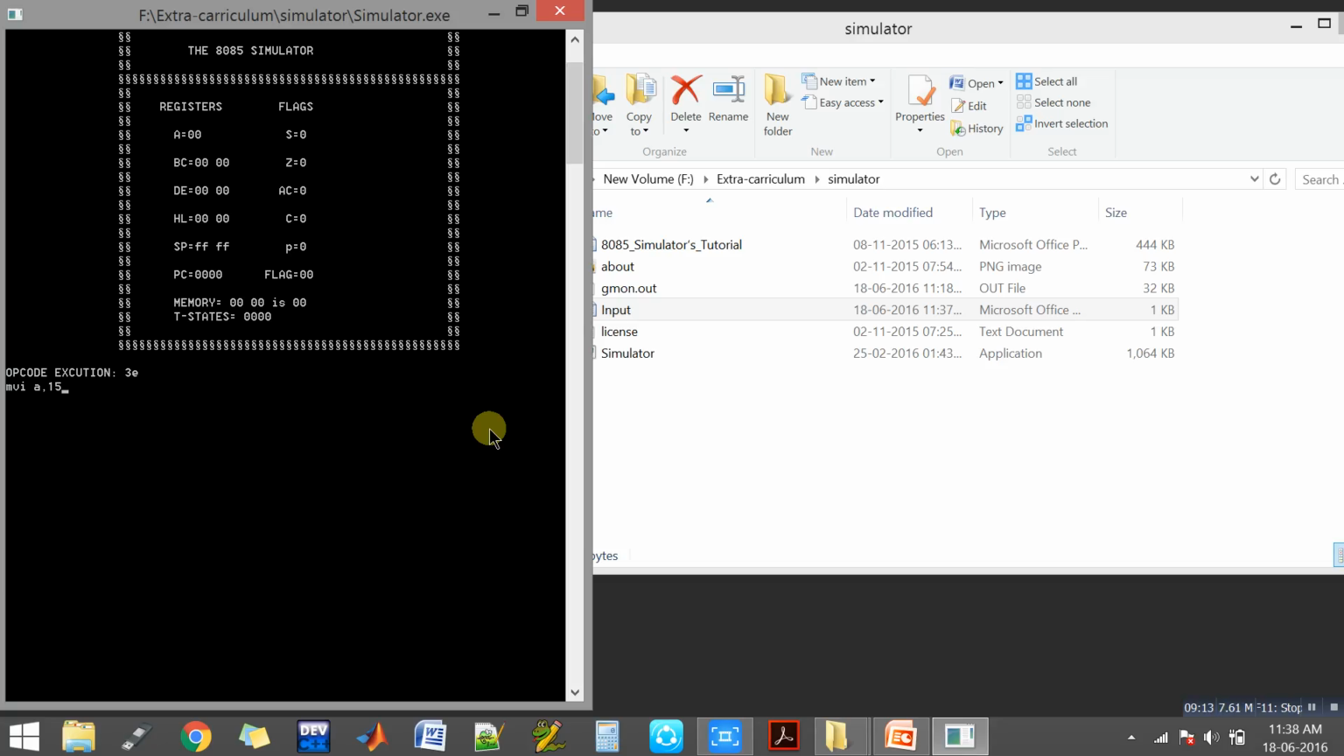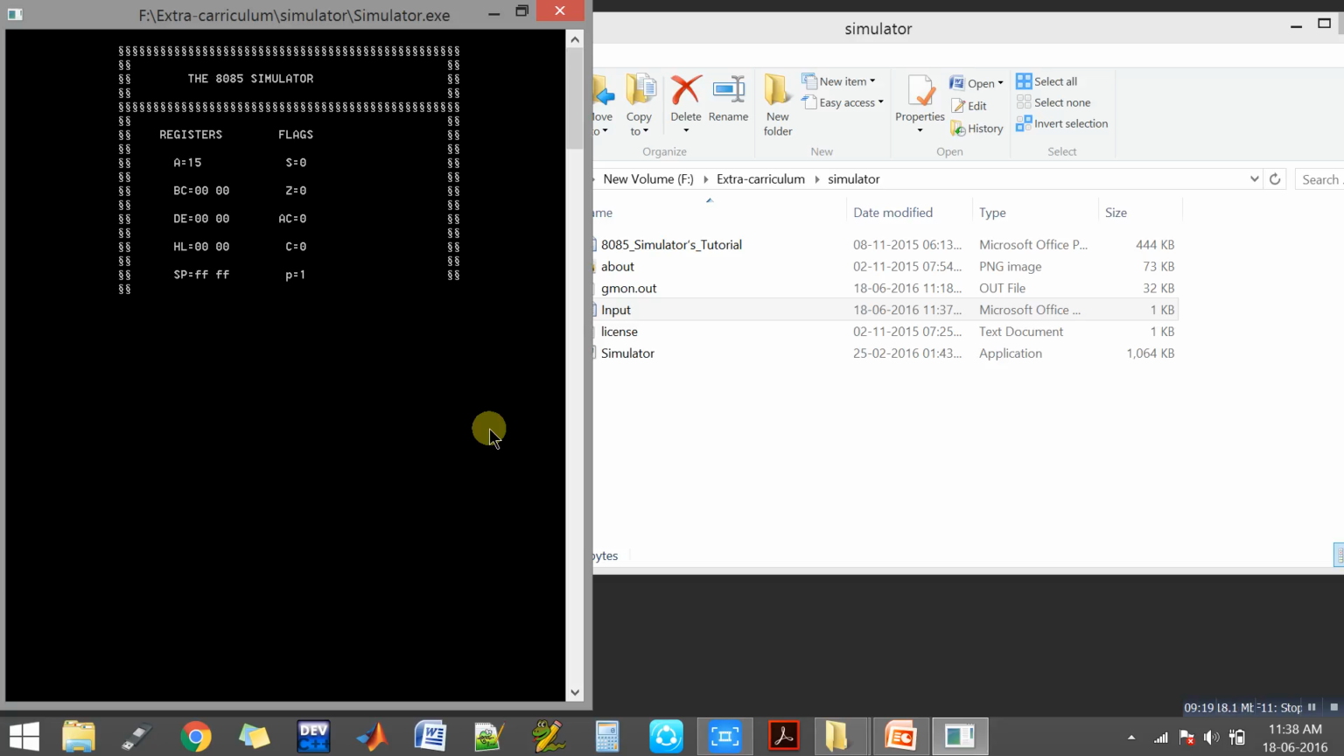Now the next instruction is moving the data into the memory held by the accumulator. The memory is pointed to by the HL register pair, that is 0000. The current data is 0. After execution of this, the memory will hold data 15. Pressing enter,